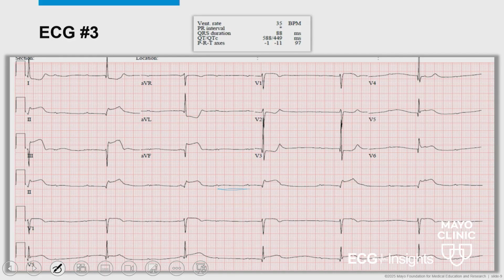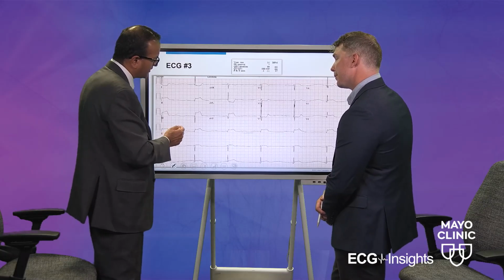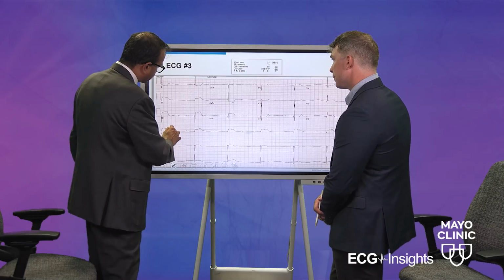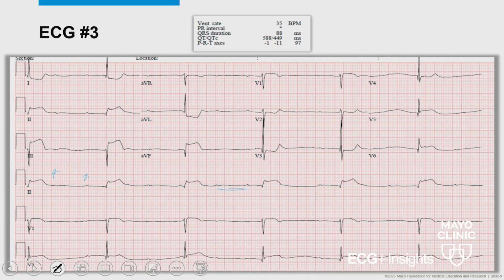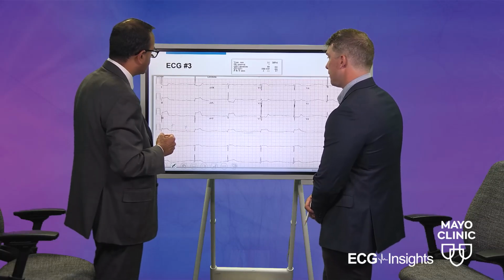So again, in this situation, if you give atropine here, the AV block may improve, but definitely the sinus rate will go up, because the sinus node has both vagal and sympathetic inputs. So with atropine, you're going to block the parasympathetic input. Your sinus rates may go up with atropine in these patients. But the key thing to look at is whether the AV conduction gets better.